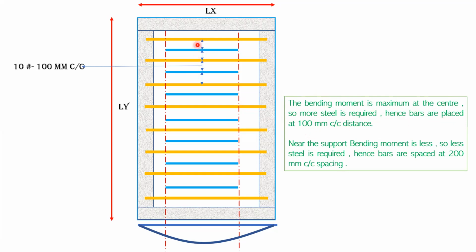So I'm going to place 100 mm center to center distance, and let us say I'm using 10 mm bar. Again, this 100 mm spacing and 10 mm bar depends on how we are going to design it. As of now, we'll not get into the design side. We are just seeing how these bars are put up. It depends what is the dead load coming on your slab, what is the live load coming on your slab. Based on that, we do the calculation, and after that we get the answer.